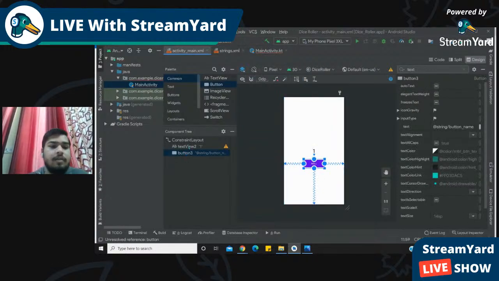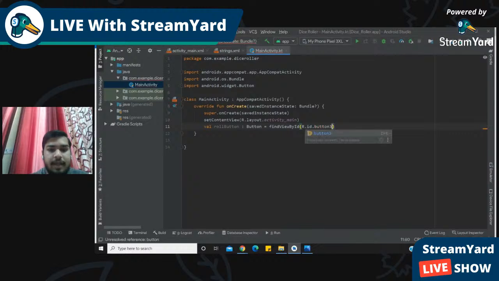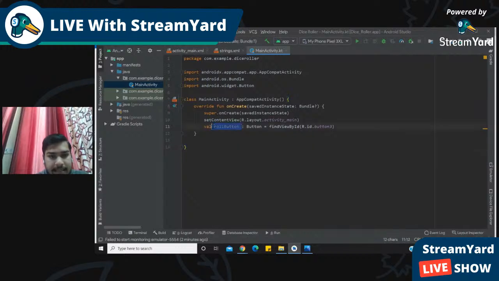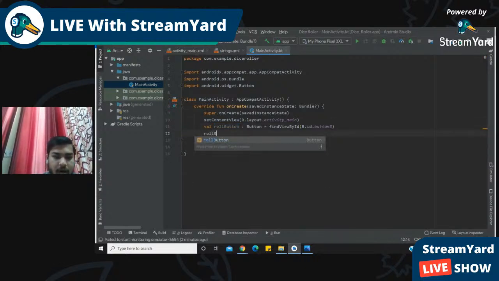The button has an ID of button3, so we have to specify 3 here. What this line is doing is giving a reference of the button in this activity_main file to this variable rollButton. So whenever we will be clicking on a button,